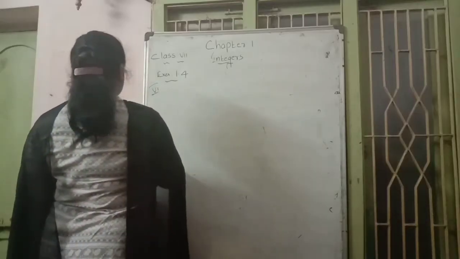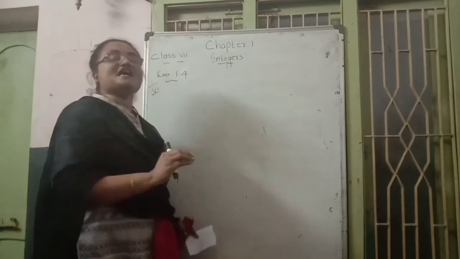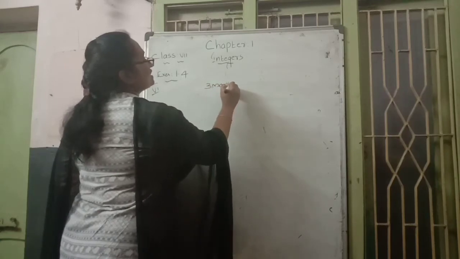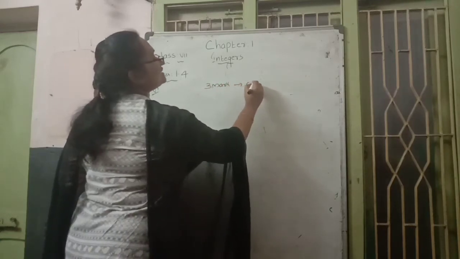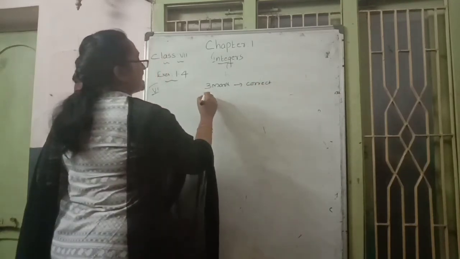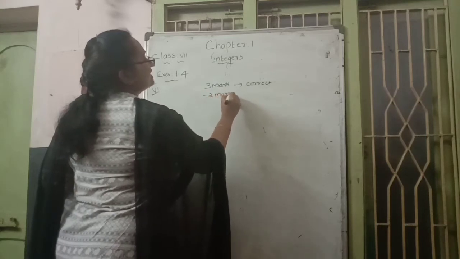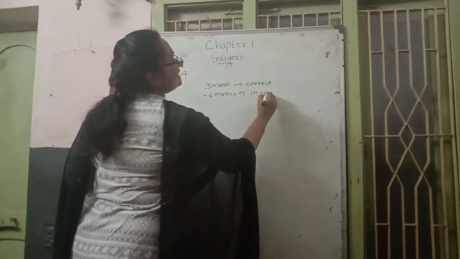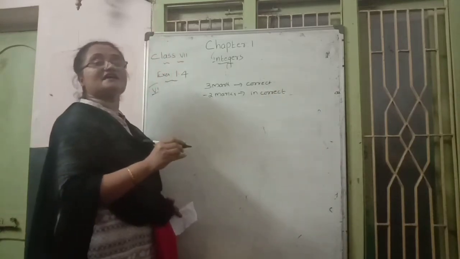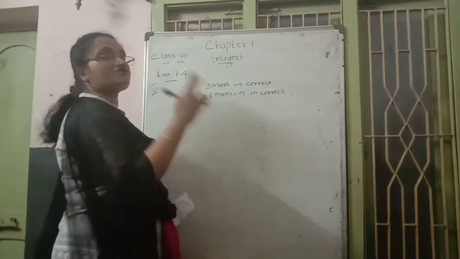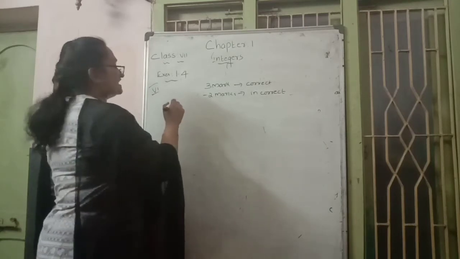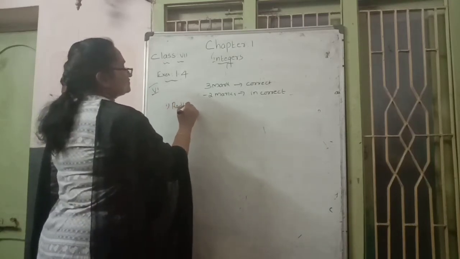In this question they tell about marks awarded. Positive 3 marks are awarded for a correct answer. Each correct question, 3 marks are given. And minus 2 marks are given for each incorrect question. Each incorrect question, minus 2 marks are awarded. Then there are also 2 parts. First part, one girl named Radhika.